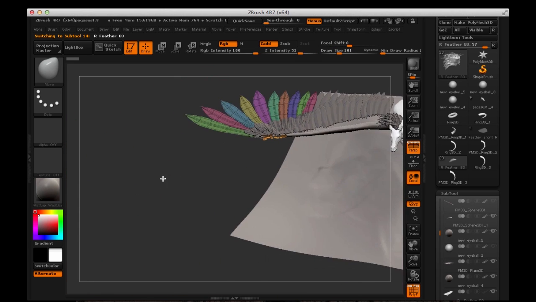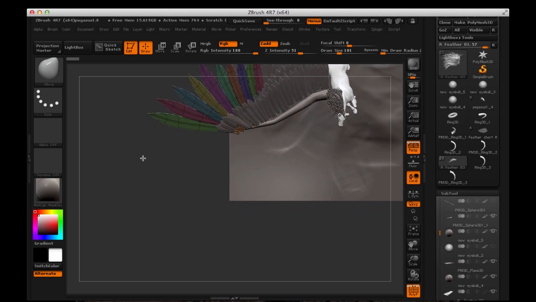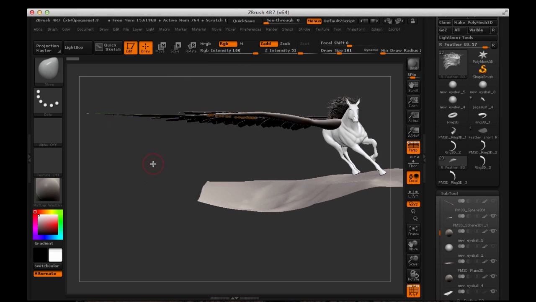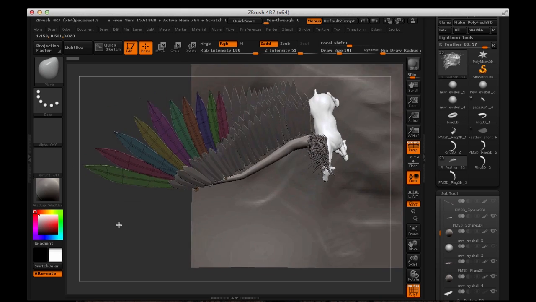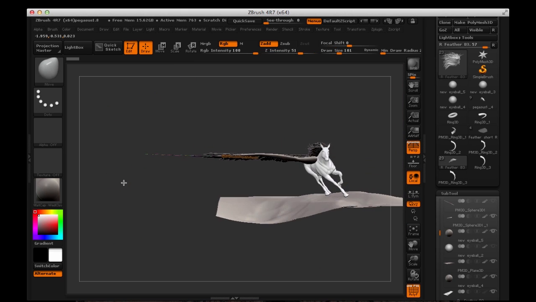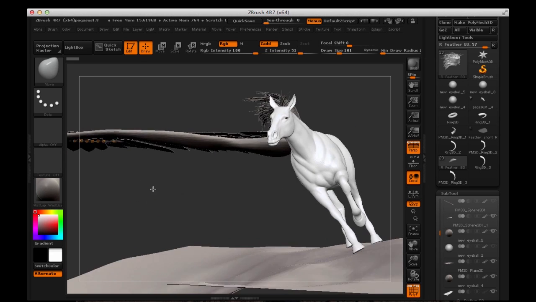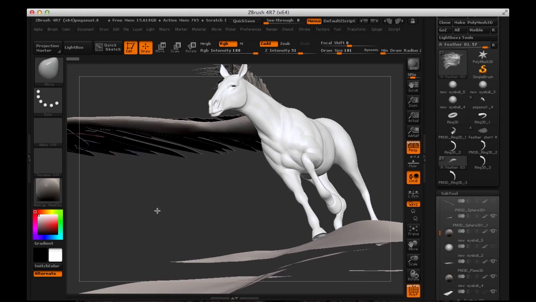I made a feather, and then by using my nano brush, Nanomesh, just laid it around. I created a form, and then I laid it across there, and then I came back through with my transpose lines, moved things around, and it still has some adjusting to do, but nothing too terribly crazy. And this is actually part of the